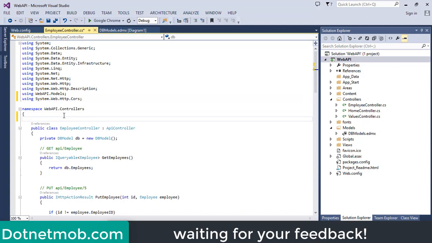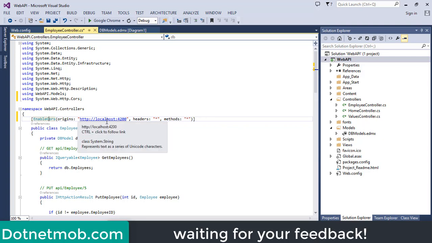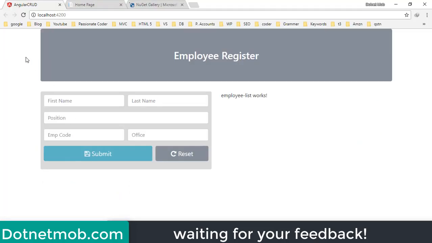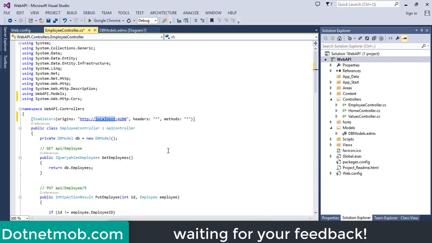Then add this attribute EnableCors, so it will allow requests from localhost 4200 into this employee controller. Localhost 4200 is the URL where we hosted our Angular 4 application. If you want to allow requests from all URLs, just use star here, like we have done for these headers